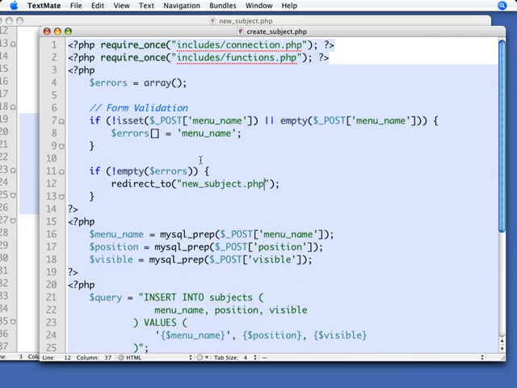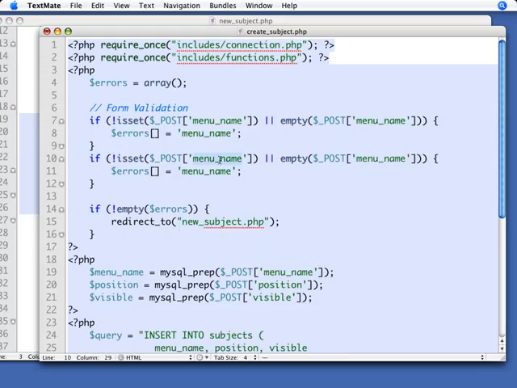Now, obviously, if we want to do this kind of checking on a lot of different fields, let's say we're going to do the same thing again, but this time we're going to do it with position and check the same thing for position, then we're starting to get in the area where a function or a loop would help us. And I think we could actually probably use both here. So why don't you try and experiment with that